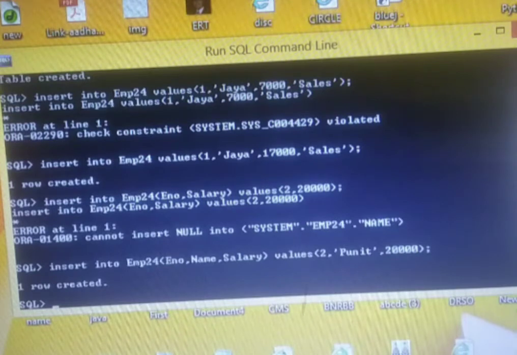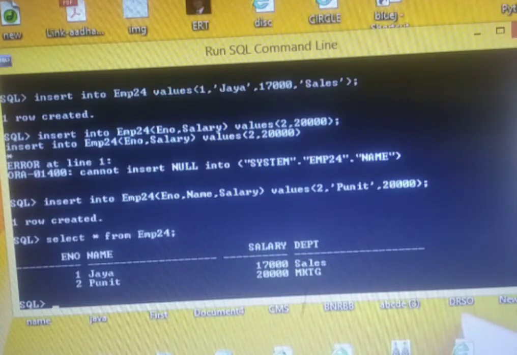And then we have seen that one row has been created, but how has it been created? Because I have not given even our department. So let's see with select command, select asterisk from emp24.